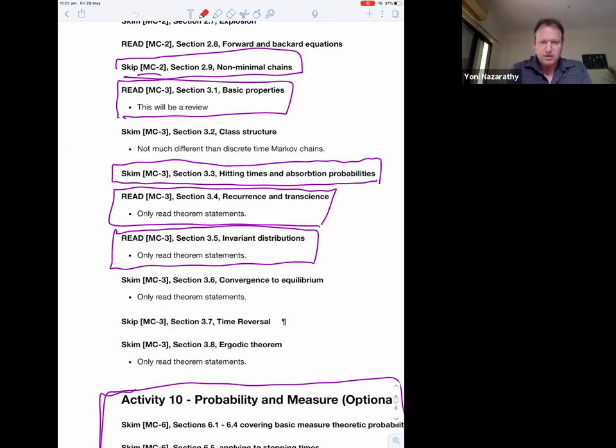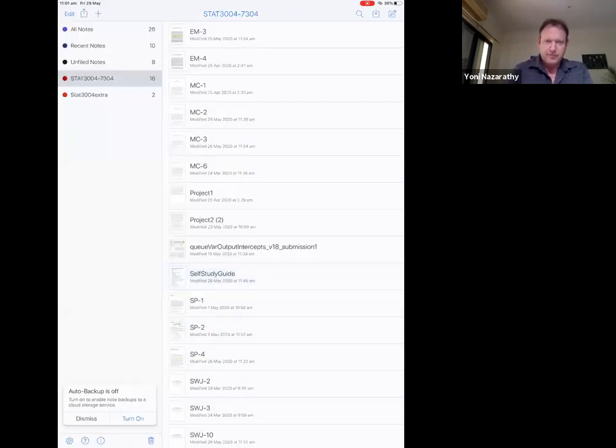Okay, and Oscar has a question. How do we do inverse Laplace transform for 3C? I like this question. So if you go to EM3 here,